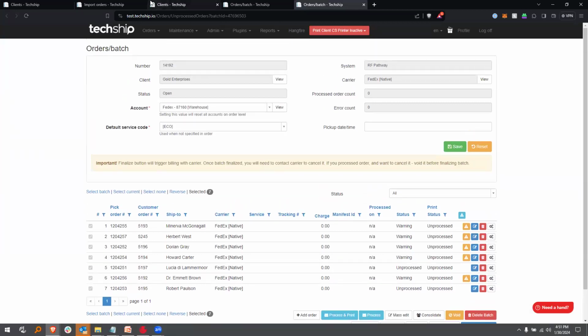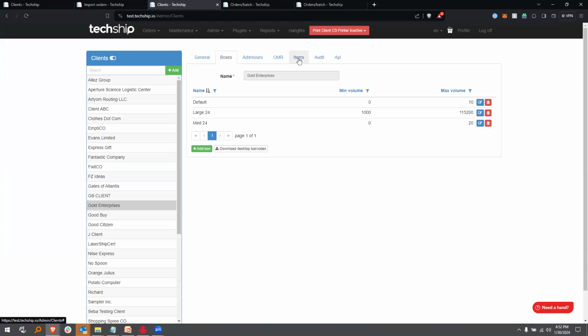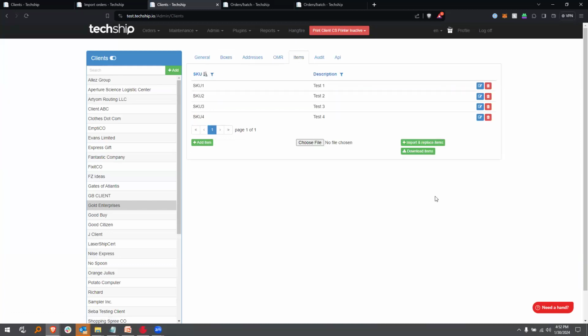These are also, which is the other key element here, defined here in techSHIP. What you need to do is synchronize your item list from your WMS into techSHIP, or export that item or SKU list from your WMS and push it into techSHIP. So techSHIP locally resolves, based on the boxes, on the items, and on the algorithm,